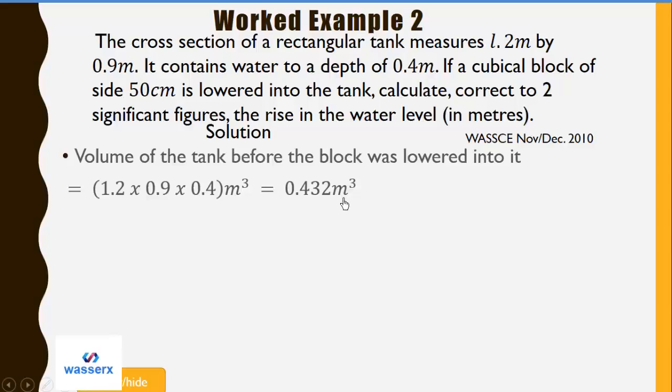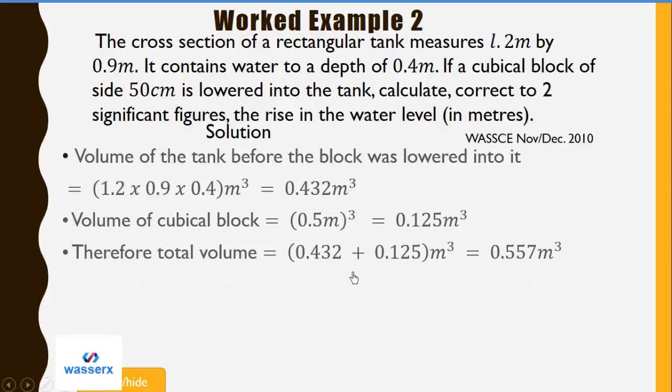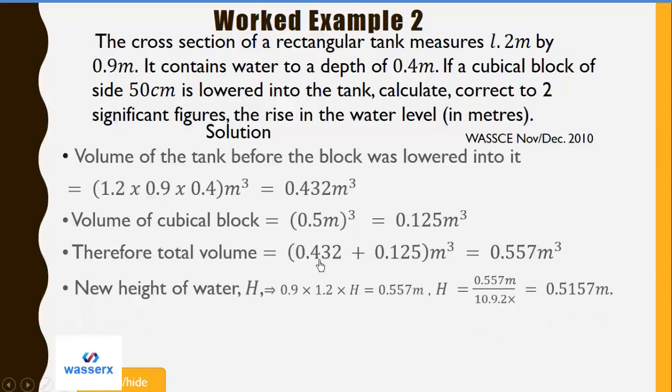And then the volume of the cubical block itself. Now this is a block of length 0.5 centimeters, and we need to convert it to meters, and that will be 0.5 meters. And the volume of a cube is L cube, and that will give us 0.125 meter cube. Now the next thing we do is to find the total volume, which is the addition of these two volumes to give us 0.557 meter cube. Then the next thing we do is to find the height